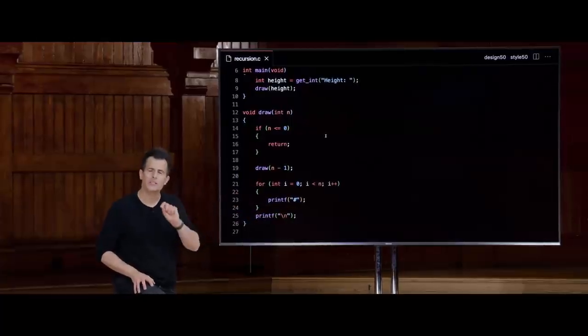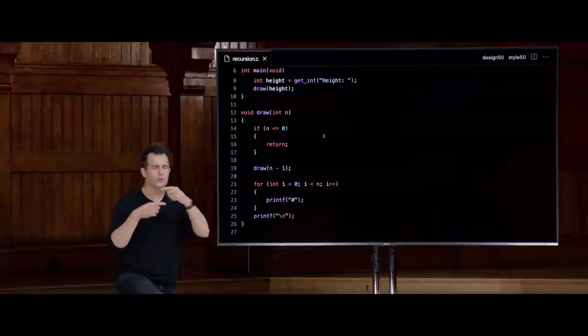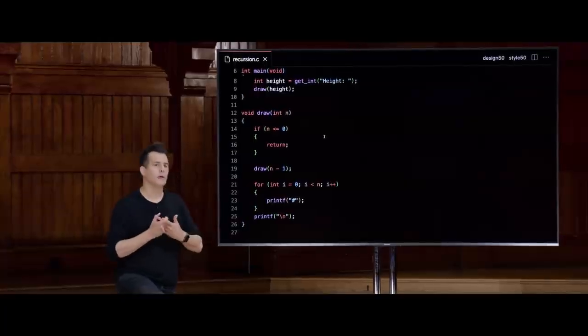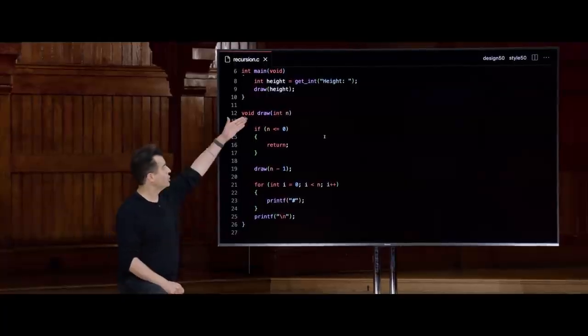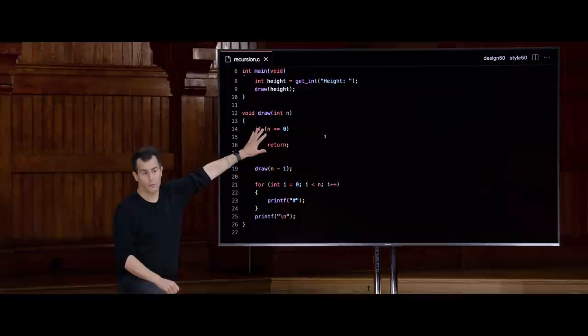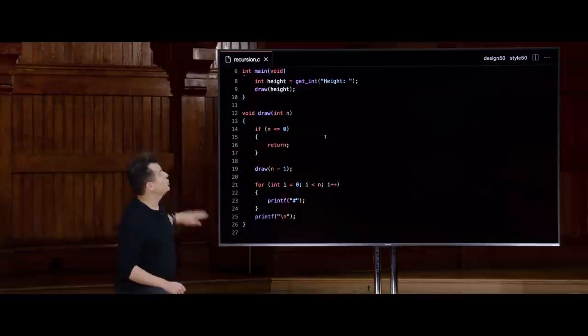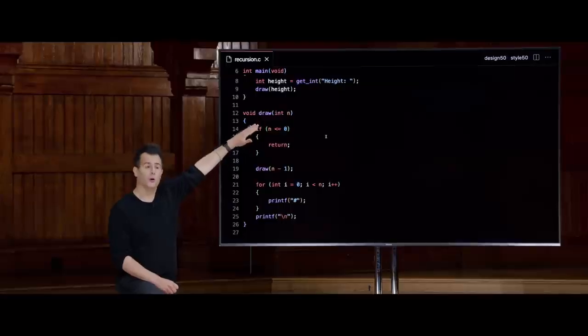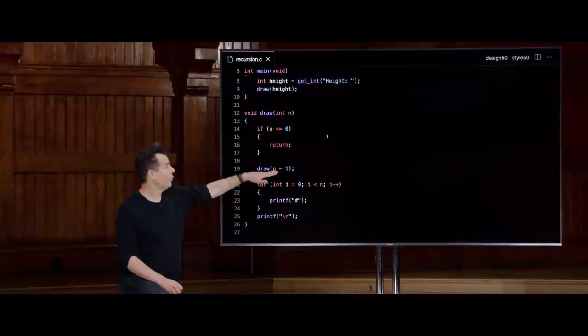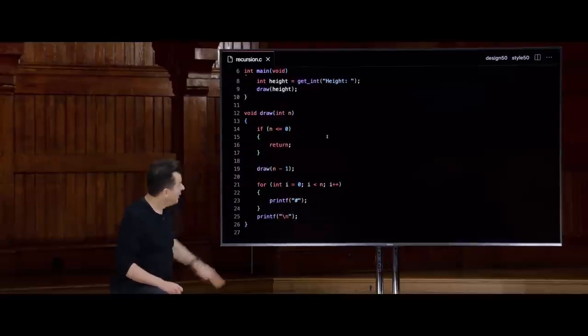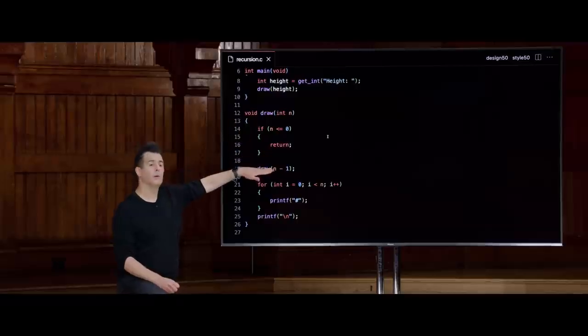And where this works out logically, if you reason through this in your mind, suppose you want to print a pyramid of height 4 initially. Well, this does not apply, because 4 is bigger than 0. This does apply, so you print a pyramid of height 3. That puts you logically back in this function. How do you print a pyramid of height 3? Not applicable. Well, you print a pyramid of height 2. Then we get back here. Doesn't apply. How do you print a pyramid of height 2? Well, you print a pyramid of height 1.